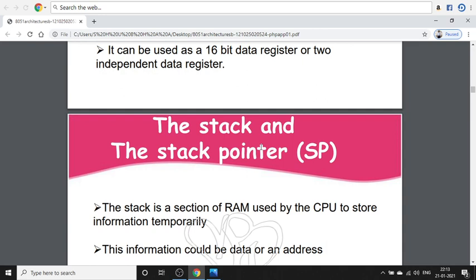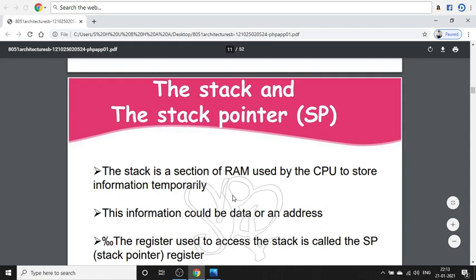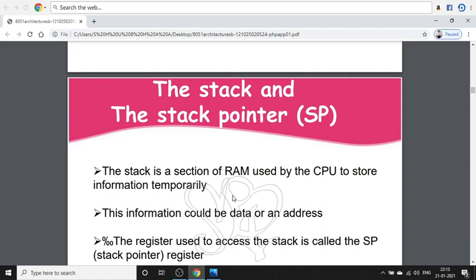The stack pointer refers to the area of RAM. It is an area of RAM that is used to store and retrieve the data quickly. That means internally we will be having the stack pointer register, which is going to hold the data and which can be used immediately and retrieved quickly, and that is nothing but a stack, which is used to have an area of RAM, that is random access memory, for the data.